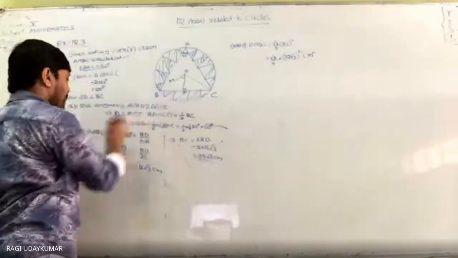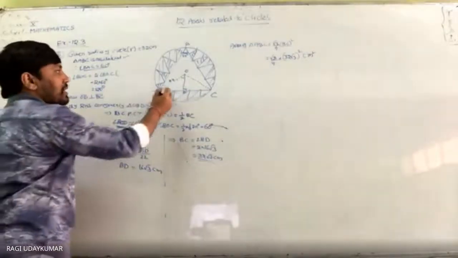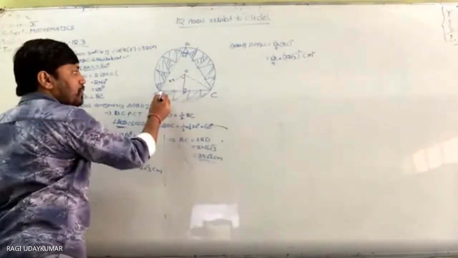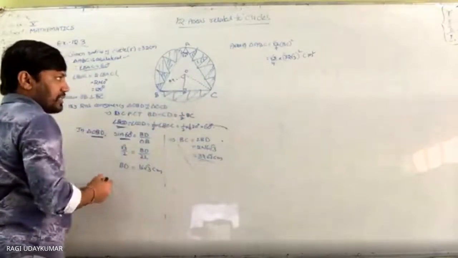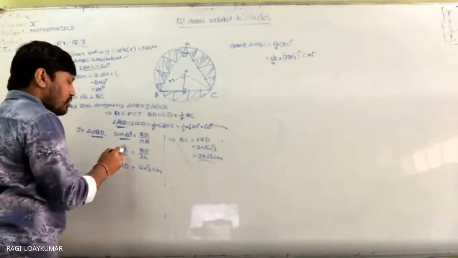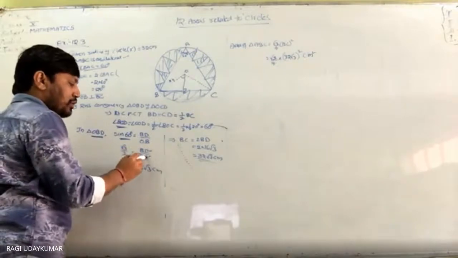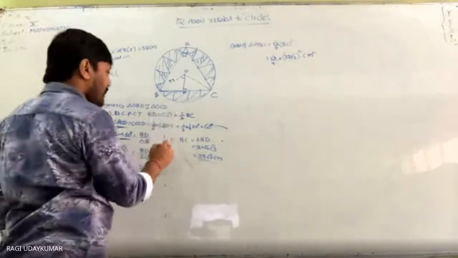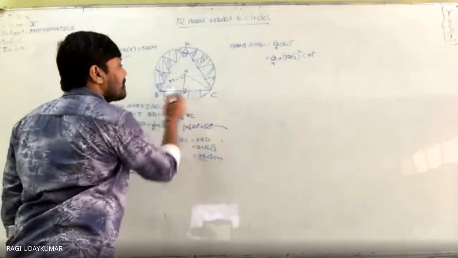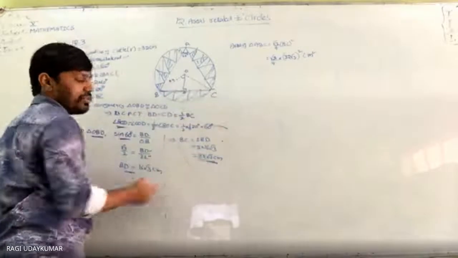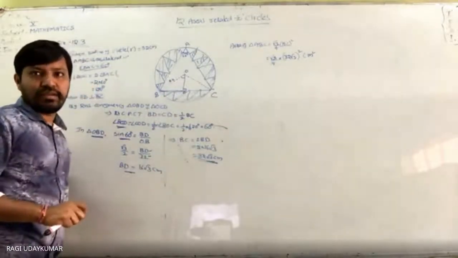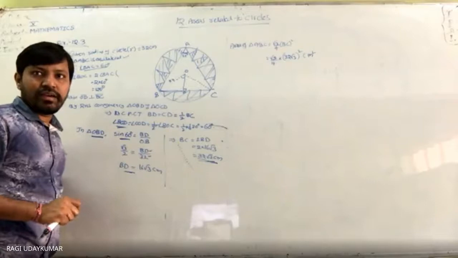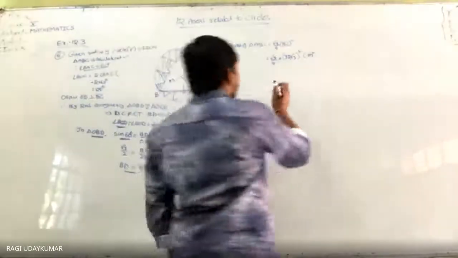In triangle BOD, I am taking sin 60 degrees into consideration. Opposite side is BD and hypotenuse is OB. So root 3 by 2 I get for sin 60. BD by 32, so BD is equal to 16 root 3. And BD, after AB, is 16 root 3. Total length is double of 16 root 3, that is 32 root 3. Okay? Did you understand here? Yes, sir. Now what to do here?